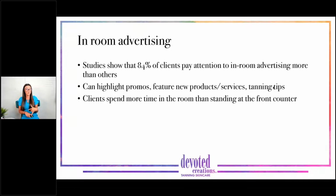So you can highlight promos that you have, you can feature new products or services that you are running with those promos, or any tanning tips. So even in your rooms, you can have signs, bigger signs that are a little bit more on the permanent side, that say how to maximize your tan, or how to maintain your spray tan,